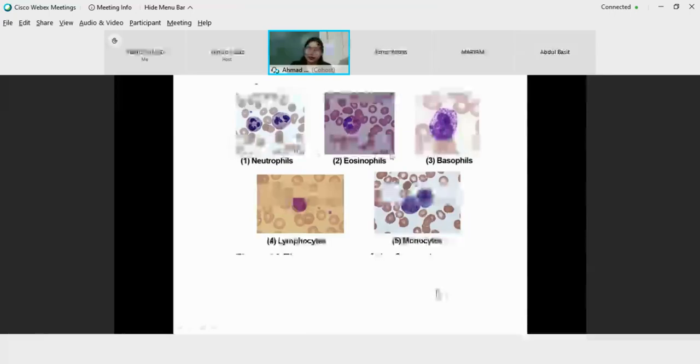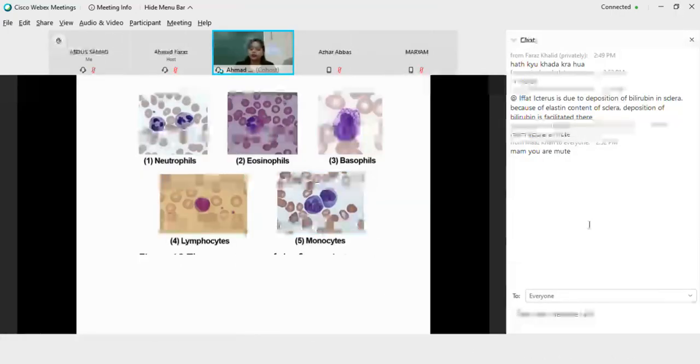So you will have to perform these experiments, and then you will have to identify these cells, and we will be there to help you out. But in today's class you would have got a rough idea of how these 5 types of cells are going to appear in the lab when you perform the experiment. And on the basis of these characteristic features, as I mentioned, you will be able to identify them. For those students who have poor network connection, or it is not audible or visible to them, do not panic, do not worry. When you come to the department and enter the lab, we are going to teach you again. We will cover these topics and we will help you out.